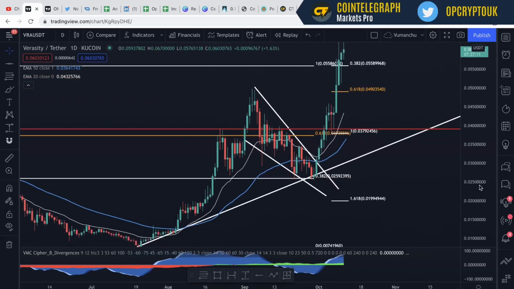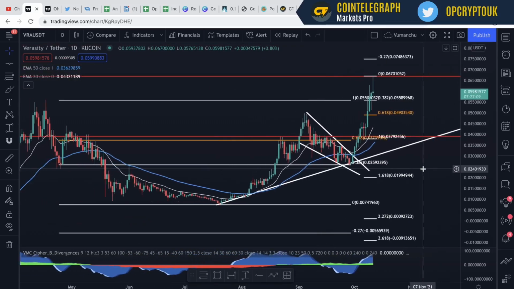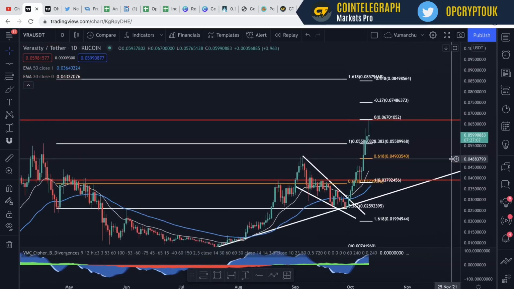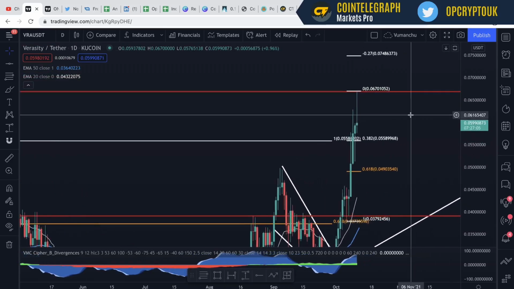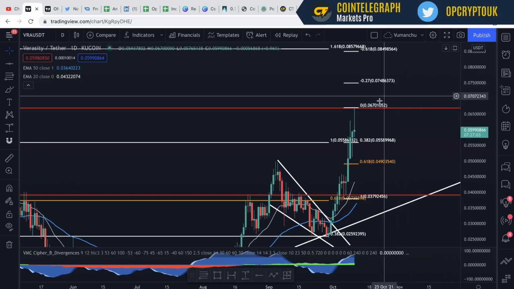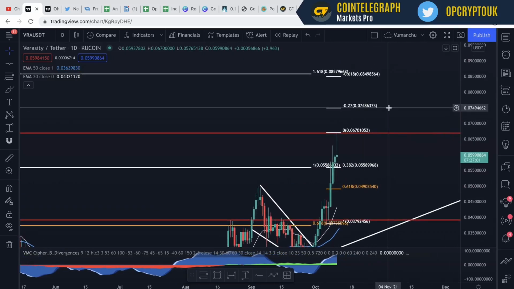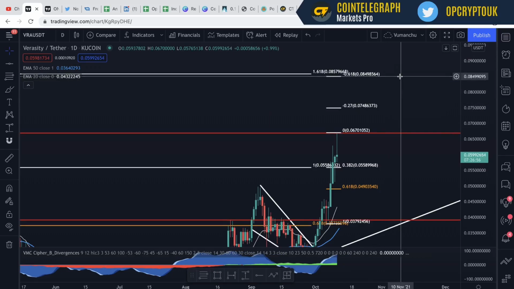So that's the buy zones covered. What I need to do is just have a look at some short-term targets. And initially on this 4-hour time frame, if we're looking at this Fibonacci I've set up, this is the first region here, 0.074, and then we have 0.084. So that's 7.4 and 8.4 cents. It's probably the two areas I would look to take profit in the short term